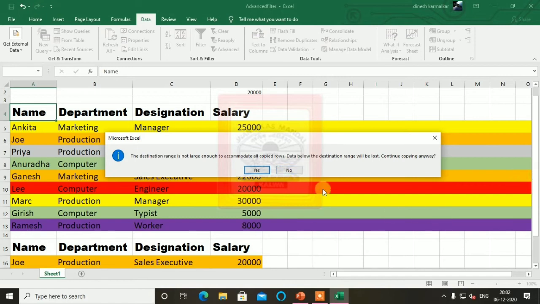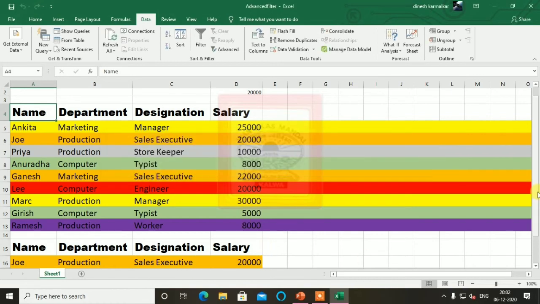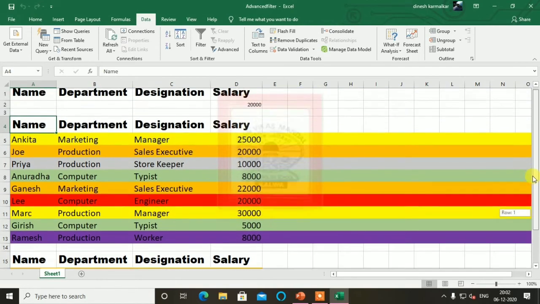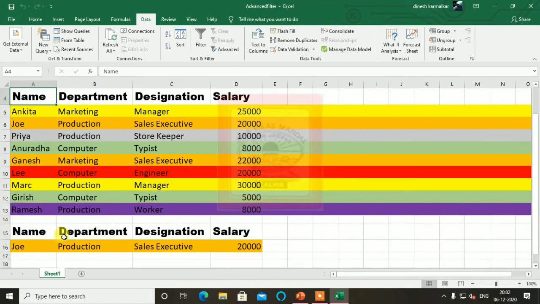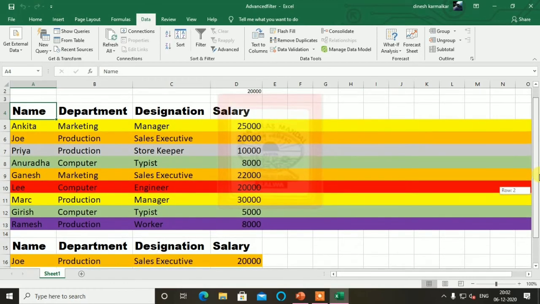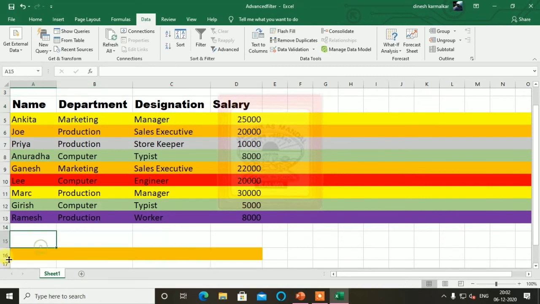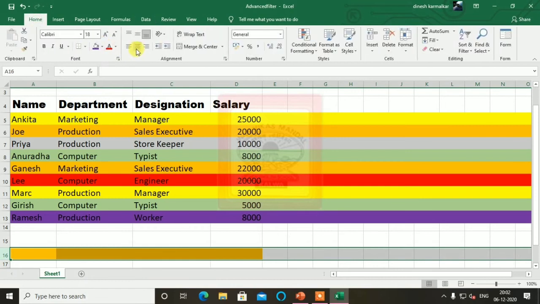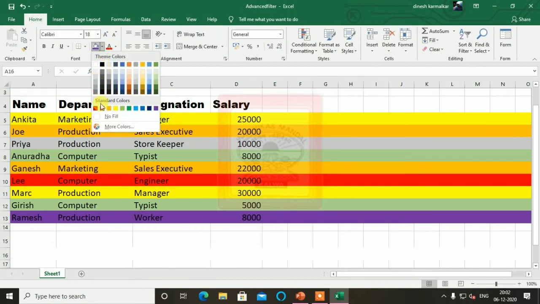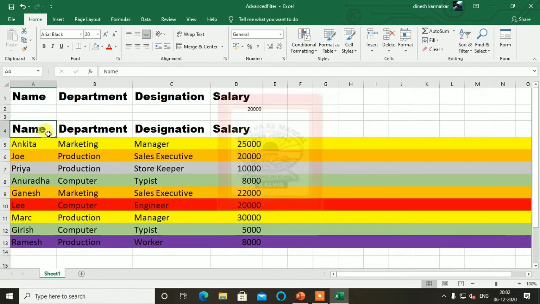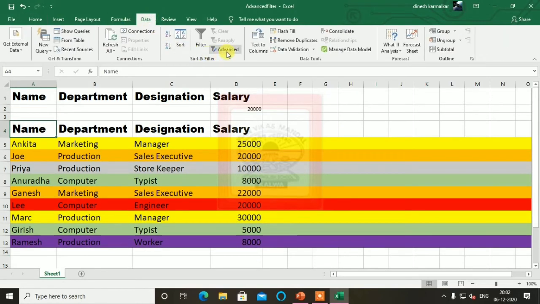Here some of the records are lost because we have selected only one cell. So let's say no, and we can do it again because those 22 records are there. It's because we have selected fewer fields here. So again we can do the same thing. What we will do, we will remove this from here and again I will use the advanced filter. You have to click anywhere here, then use the data advanced filter.